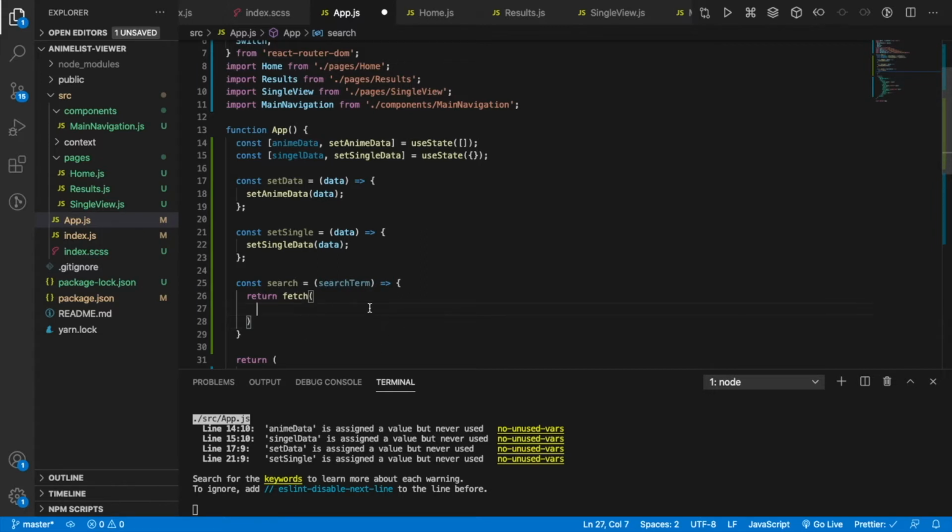Due to this, we're going to need to use a then on this response, or we could await. We could create this entire search function to be an async function, and then we could await the promise to go through. But instead of doing that, all I'm going to do is attach a then. What the then does is wait for that promise to go through and then send the data on. So the endpoint we're going to hit is